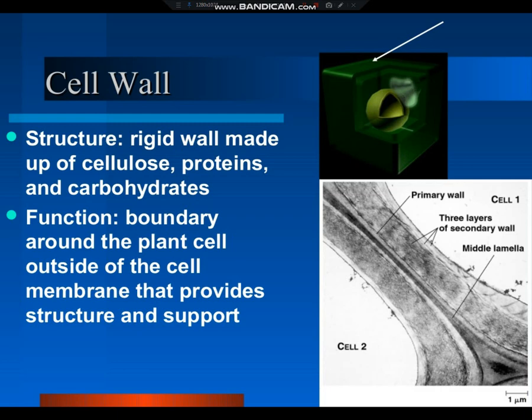Cell wall. This cell wall is present in plant cells only. Cell wall is rigid in structure. Rigid means it is stiff, it is hard. It is made up of cellulose and proteins and carbohydrates. Cell wall is absent